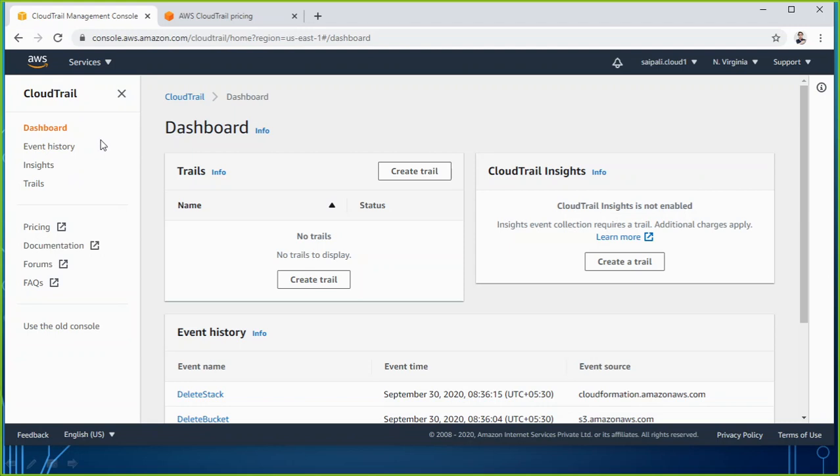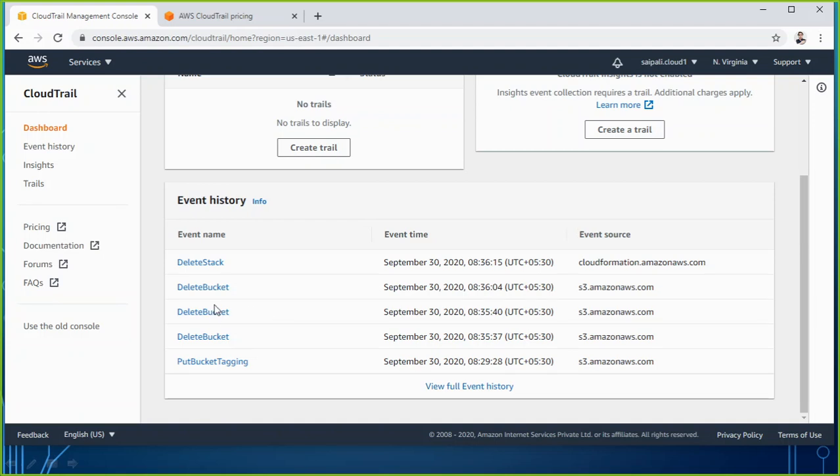Generally, when auditors come to the company, auditors come in two forms: internal auditor and external auditor. Both of them need the log file, because only by the log file are they able to understand what kind of activity has been done, who has performed this task, and whether the one who performed it is authorized to do that task or not.